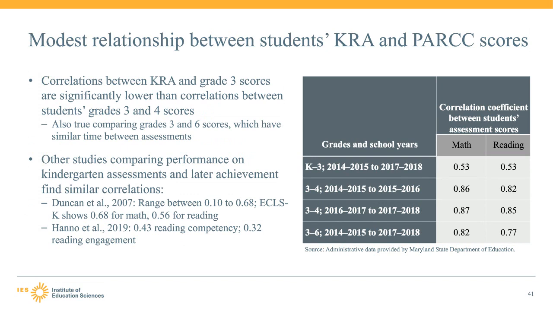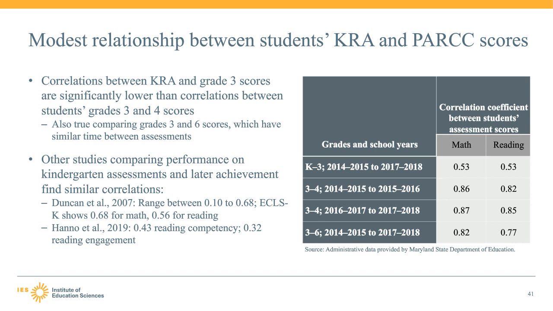Next, we look at the correlations between KRA and grade 3 scores, really to look at whether these 2 assessments are strongly related within student performance. We found that the correlations between these within student was substantially lower than the correlations between grade 3 and grade 4 performance on the PARCC. For the KRA and grade 3 PARCC, math and reading correlations were the same at 0.53, whereas the correlations were quite higher for students' grade 3 and grade 4 PARCC, between 0.77